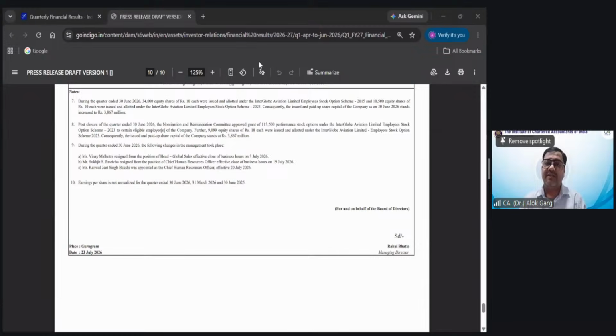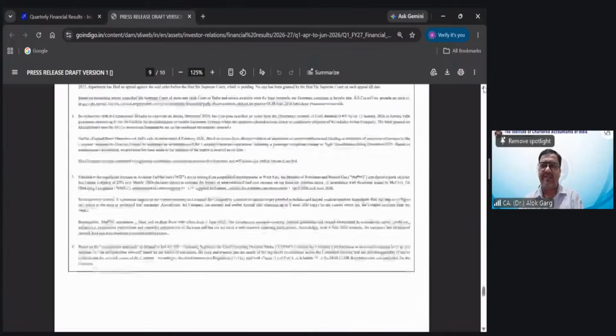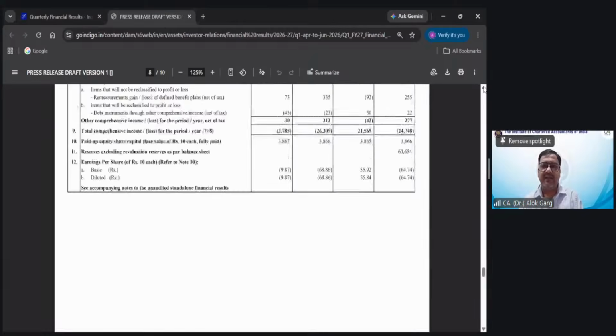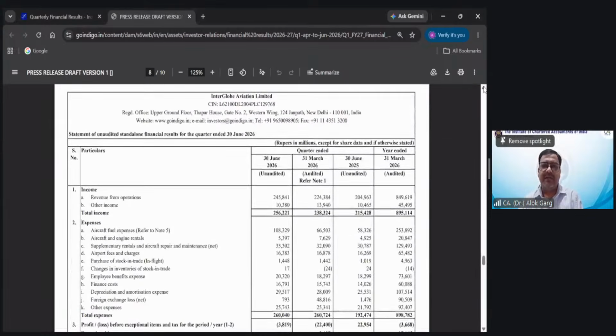This is your financial results. A few students have joined recently. So students, I was showing the latest financial results of Indigo Airlines. You can see that only a P&L is filed with the stock exchange. That is number one. And this P&L has 4 columns: current quarter, which is June 26, and the immediate past quarter, which is required as per SEBI LODR regulation.